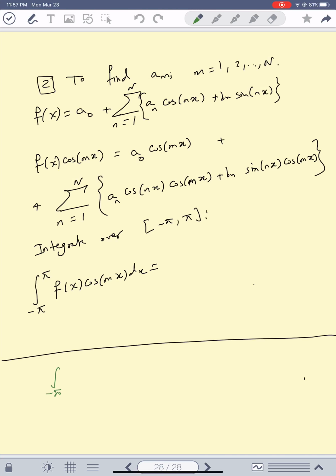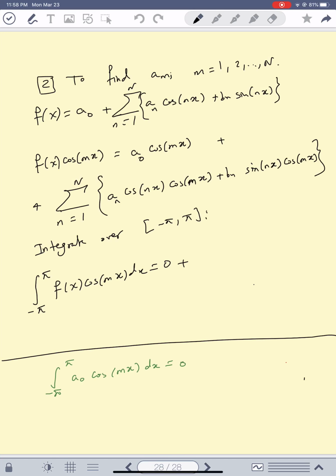Now what is this? We just did it, right? So if you look at this page, what is the integral of cosine nx in general? So the n is any number. So if you replace n by m, that's exactly what you get. So basically this is exactly 0. That means when you integrate this thing, this term will be 0. Of course, I'm not writing 0 here because that's after integration, but I'm just explaining it. So when you integrate the first term, you get 0. So I'm writing it here, 0 plus